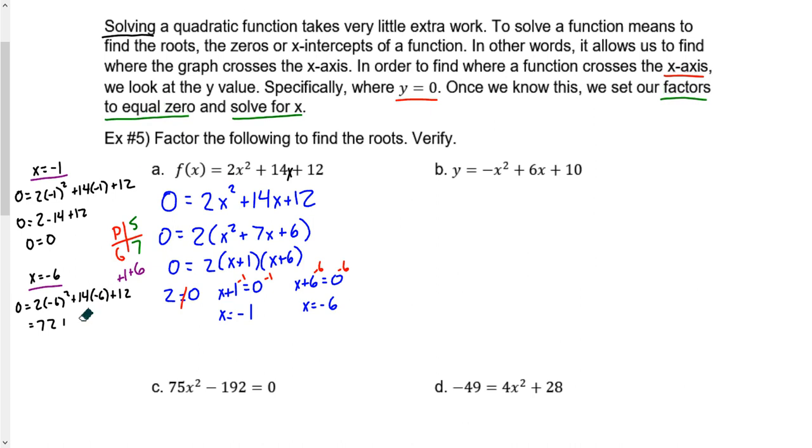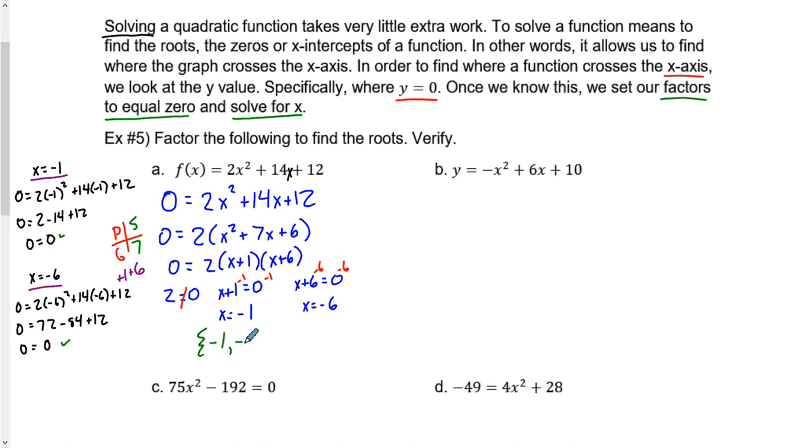Sorry. 14 by -6 should be a -84. Add 12. 72 subtracting 84 is -12. Add 12 is 0. So both of these work, which means